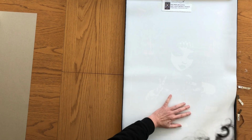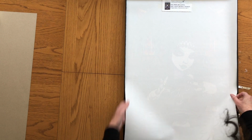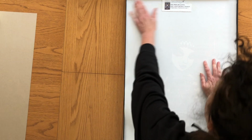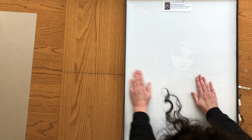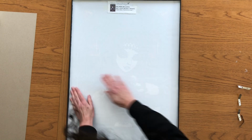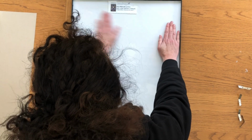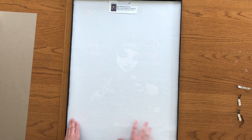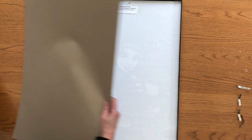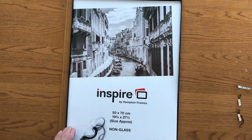Pop her in, and let's see. Yep, she is slightly too big. See if I can get her to lay flat without cutting any more off. Okay. She's laying nice and flat. I think I am going to put this on the back of her, which is a bit,